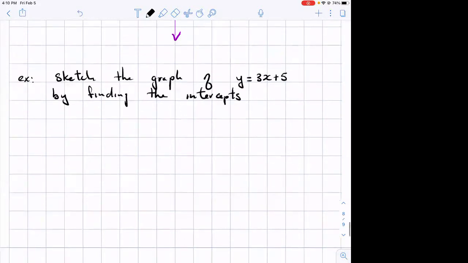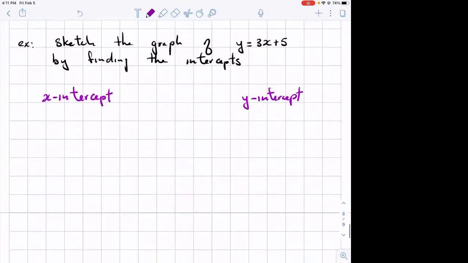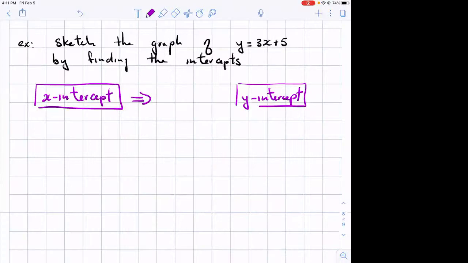Now, we know we have to find the x-intercept and we have to find the y-intercept, or vice versa, y-intercept and x-intercept. Now, what we can do here, okay, we can create a table, okay? These are the two things we have to find. We can create a table,